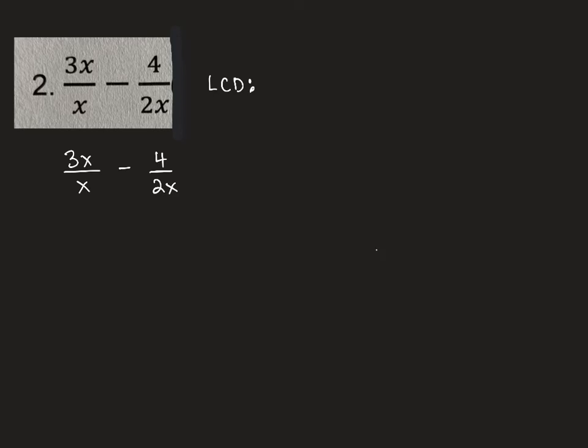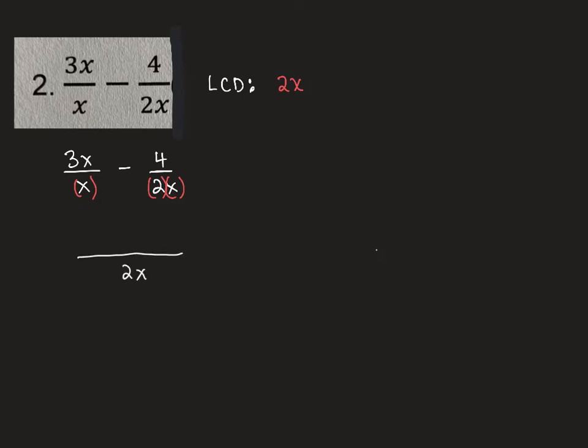And when you're looking at that, you want to look at the different factors of it. This one has an x, this one has an x. So we're definitely going to need an x. But this one also has a 2, so we're going to need that as well as part of our lowest common denominator. And if you see adding or subtracting in the denominator, you have to include the entire factor, but we don't have that on this one. Okay, so our lowest common denominator is 2x, which means we are going to write all of that over top